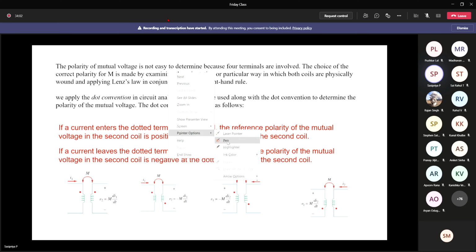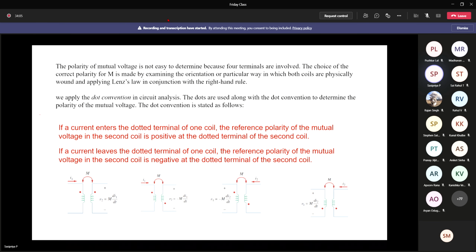So see, this is the second circuit. Now only one thing we have to remember: whether it is the entering current or the leaving current. It's obvious this is my dot, so my current is entering like this. So this is the entering current. As per the dot rule, if the current enters the dotted terminal, then the polarity of the mutual voltage is positive at the dotted terminal. My dot at the secondary side is placed here, so this voltage is positive. My original voltage is like this. Since I represent my V2 like this, it's written as minus M into di1 by dt. Is this clear?